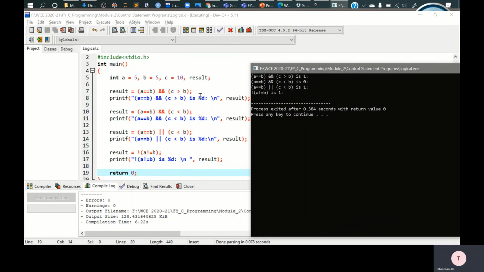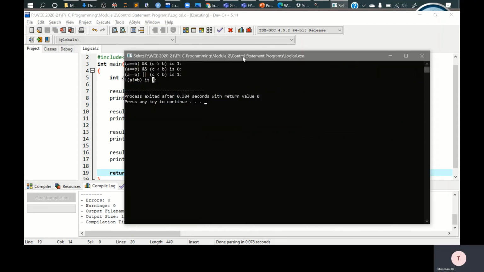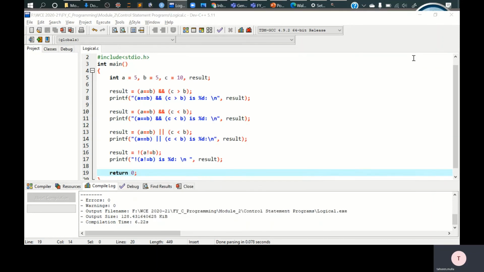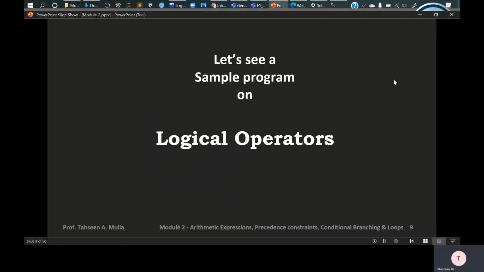Yeah, you can see here, these are the four expressions we have taken, and these are the values you are getting in terms of zeros and ones. If it is true, it will give you 1. If it is false, it will give 0. Right? So this is how logical operators are performed with these three different operators.